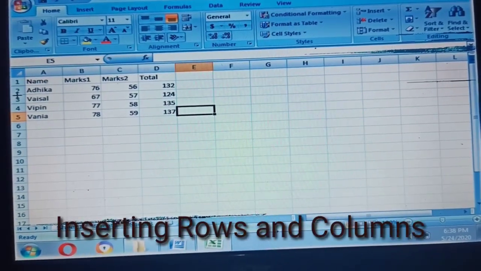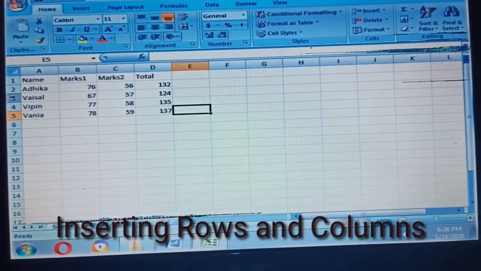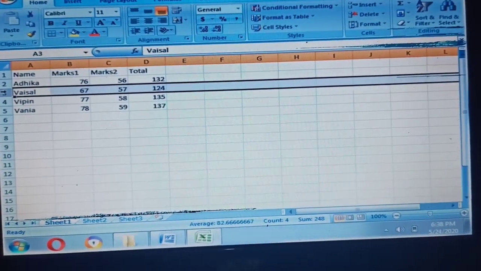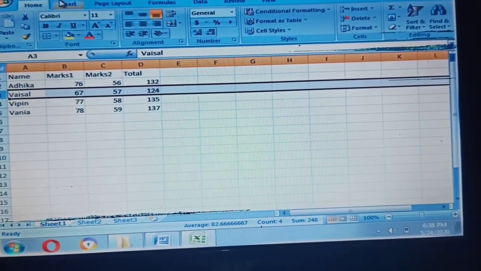Inserting rows and columns. How to insert rows? Select the row label before which a new row is to be inserted. Click on the Home tab.